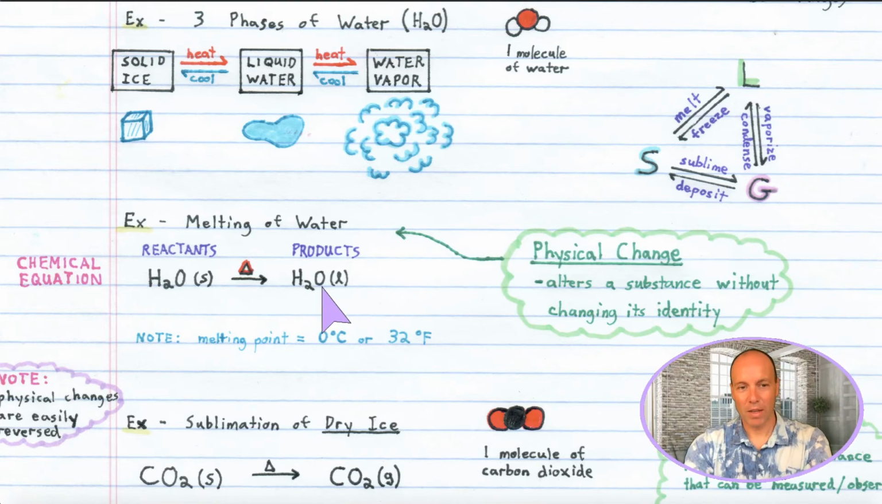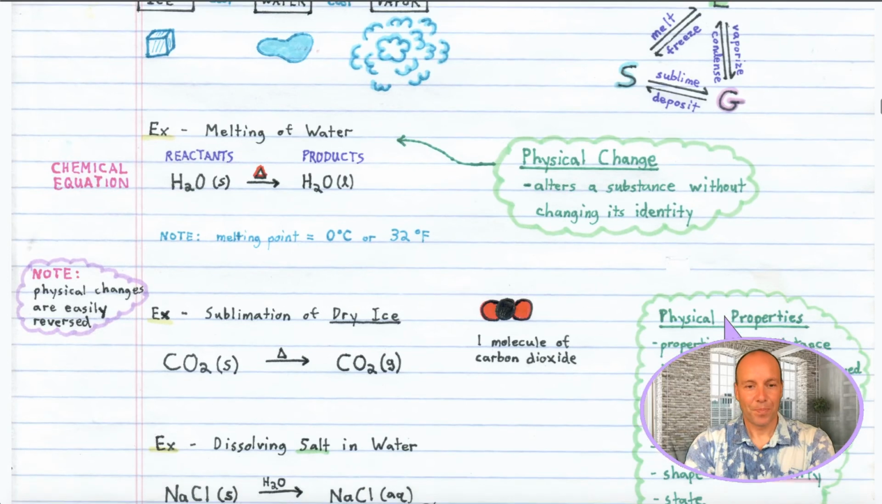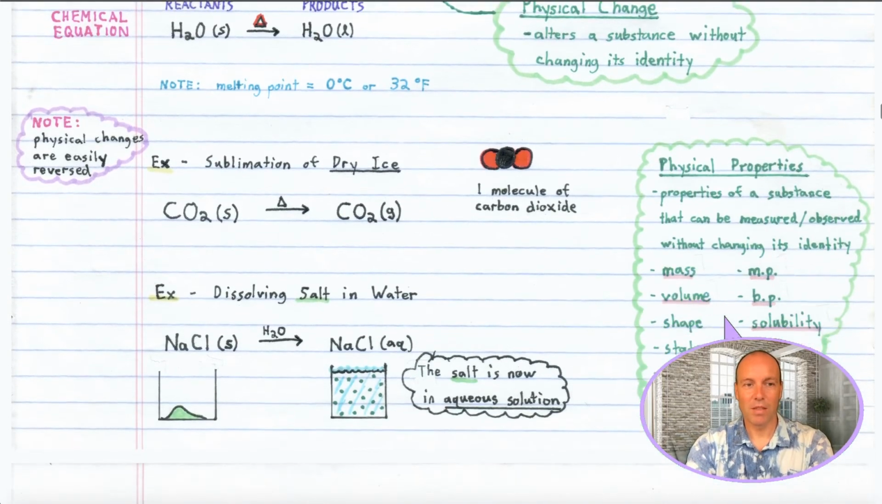Now this change right here, by the way, is our first chemical equation, and we'll see many more. This is a rather simple chemical equation because the substance, water, is still there at the end. It's only changed its state. First you have solid water, and then you end up with liquid water, but it's still water. So the substance has not changed its identity. We call this a physical change. A physical change alters a substance without changing its identity. Another example of a physical change is the